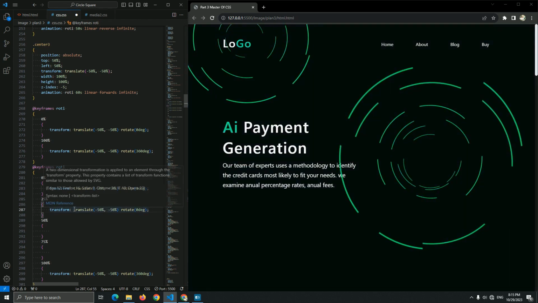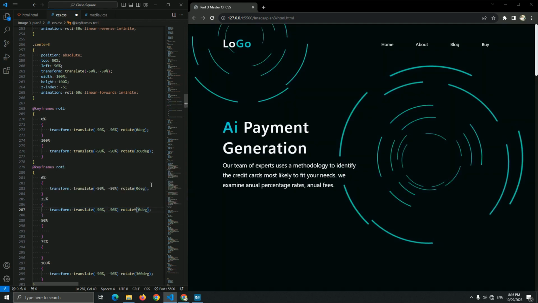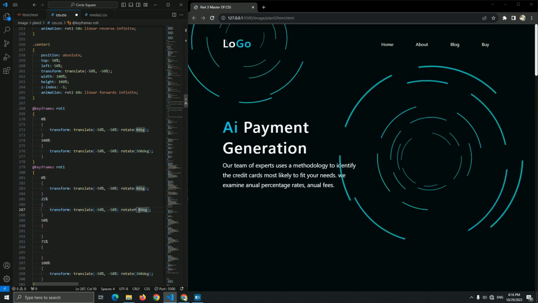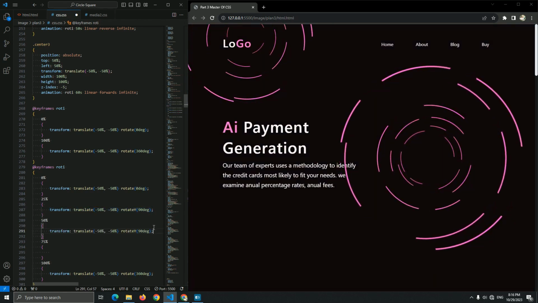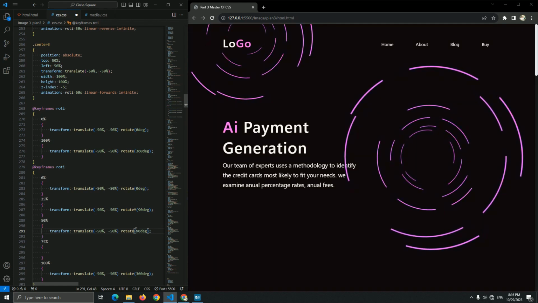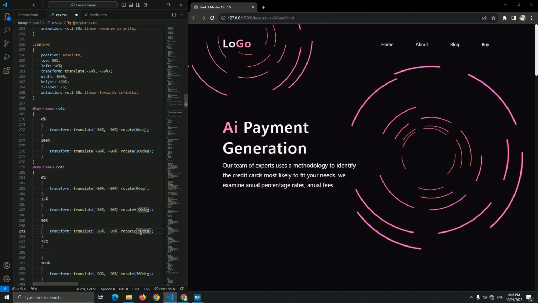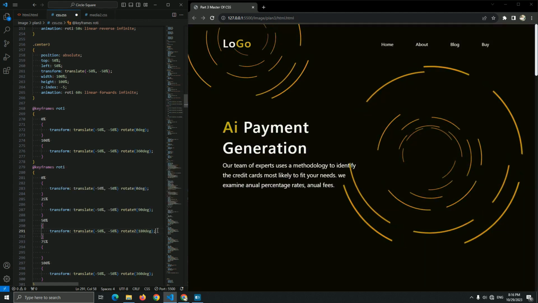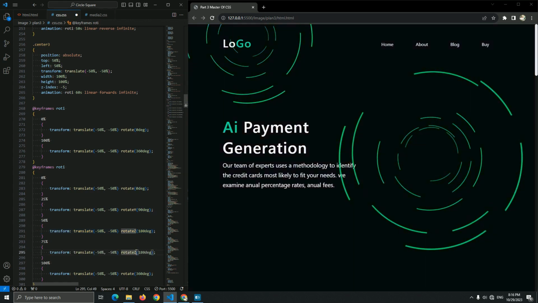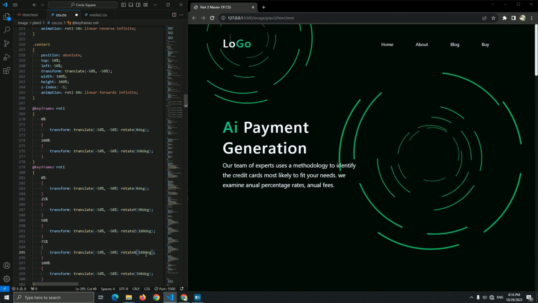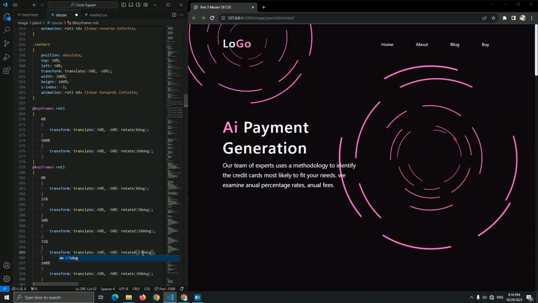Okay, now you're going to add rotate Y instead of rotate X, Y, Z. So rotate Y will be 90 degrees for this, and for 50% this will be rotate Z instead of X, Y, and let it be 180 degrees. And for 75%, guys, what you're going to add is rotate X instead of Y, Z. I know it's math, but I just wanted you to see the animation, if you like it, to use it.